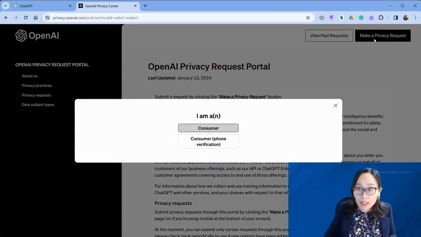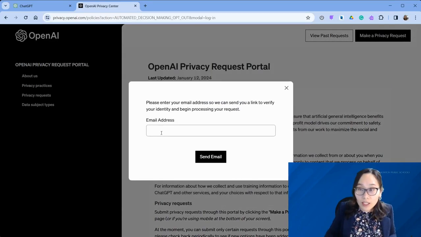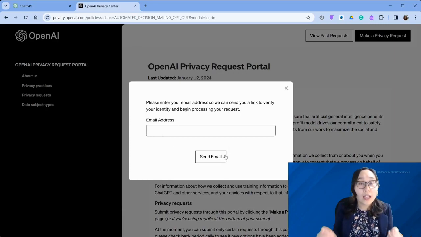If you click on that, you can go ahead and click on I'm a consumer, and you can ask it then to not train on the content. If you click on that, you can then put in your email address, click send email, and that's going to then send you a link to verify your identity, and then they'll begin processing your request and let you know when that has been processed. So that's just one way that you can go ahead and opt out entirely of your data being used to